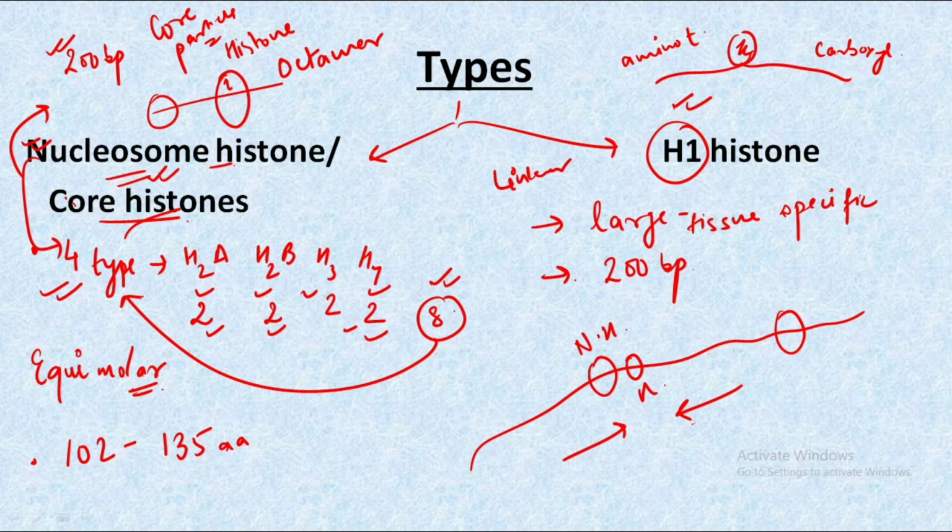Because as we know, the cell is very small in size. Hence, it is required to pack the very long DNA molecule that we have into a small, short area. Hence, H1 histones play a very major role in this. The next important point to remember is that the H1 histones are responsible for packing the nucleosome into 30 nanometer nucleoprotein fibers. Why 30 nanometers? We will understand this in the further slides.